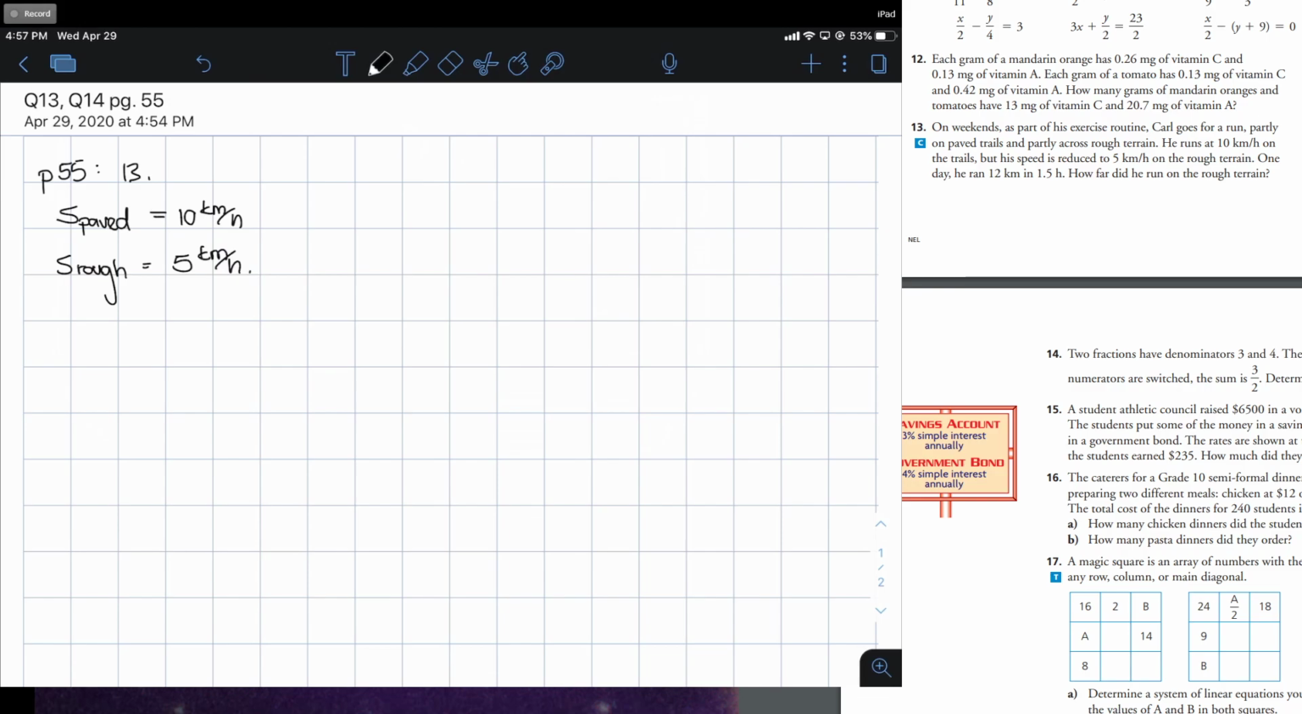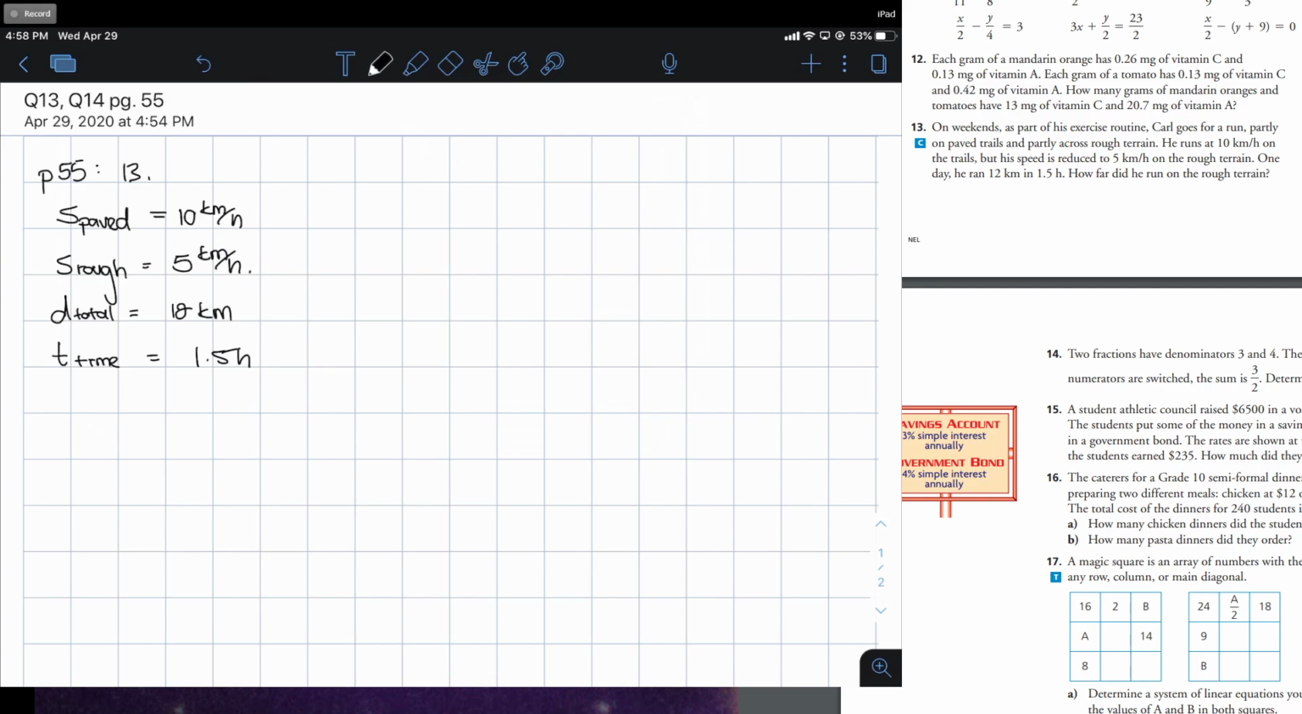So one day he's running 12 kilometers and it takes him 1.5 hours to do that. So again, some more info that we're told here. We're given the total distance is 12 kilometers and the total time is 1.5 hours. So this question actually relies upon a little bit of information that you would have learned in